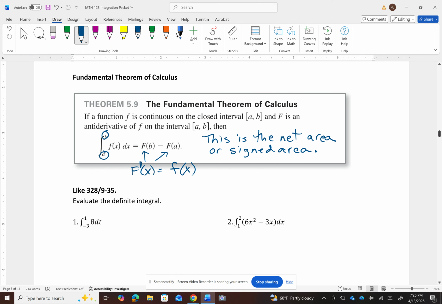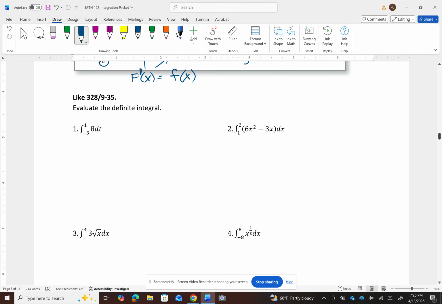Now, when you're just asked to evaluate the definite integral, here's your process. You're going to first find the antiderivative. That's the same as the indefinite integral. So 8 would have come from an 8t. Now, in the previous section, we were writing plus c on that, plus some constant on that. I'm going to show you on this one. We were doing that. But now what we're going to be doing is taking this and evaluating it